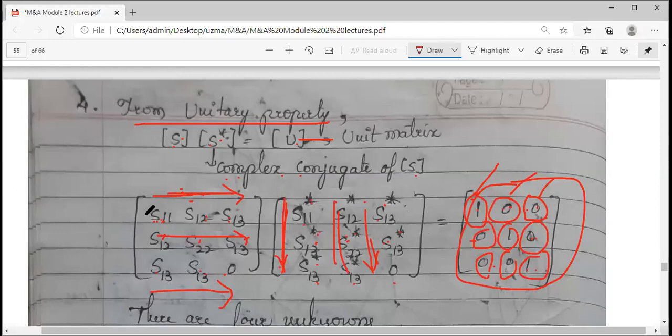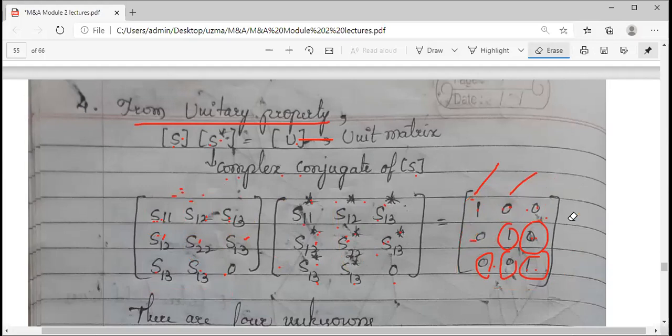But how many unknowns are there? We have only 4 unknowns. We have reduced the matrix. S11, S12, S13, and S22. So it is not necessary to write all 9 equations. Okay, you have to be selective here. You have to use your brains and make your work easier here. Don't start multiplying and write all 9 equations. Don't do that. No doubt we can do that, but all 9 equations are not required for us. We require only 4 equations, that too which will make our work easier, randomly we have to select.